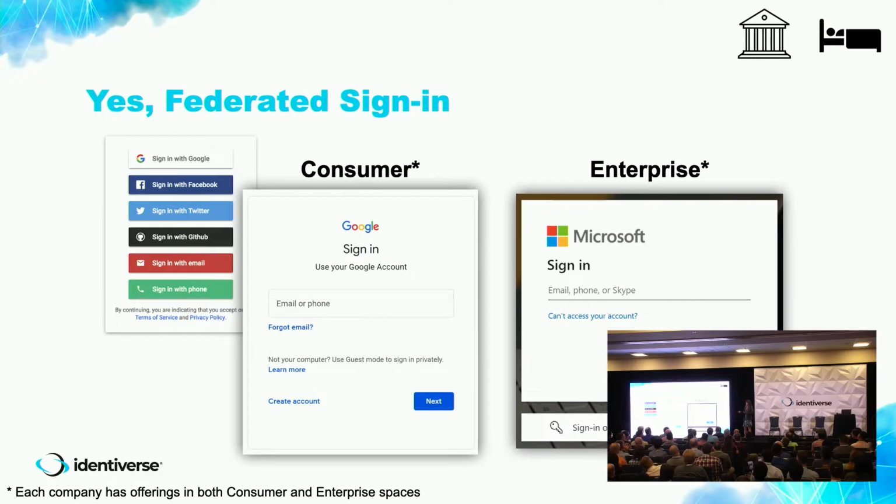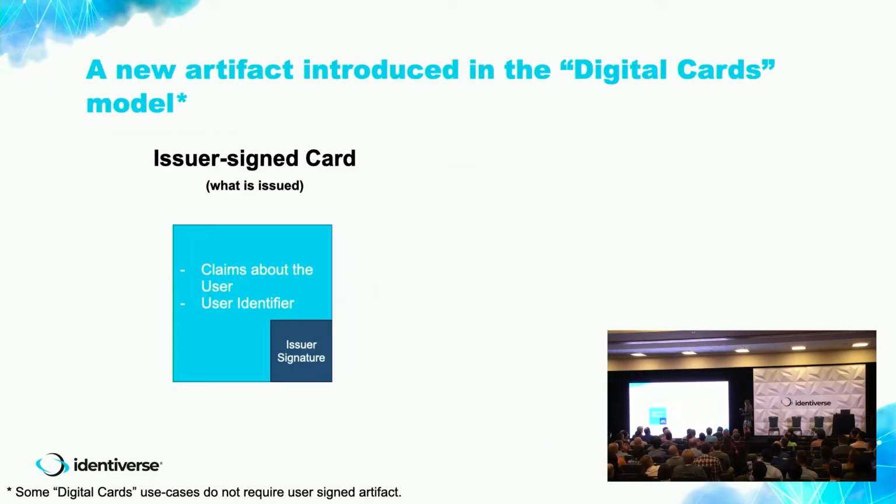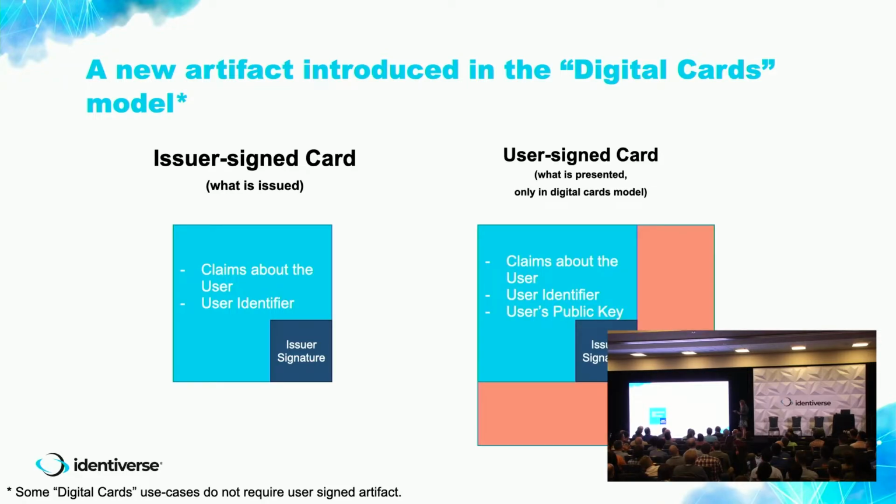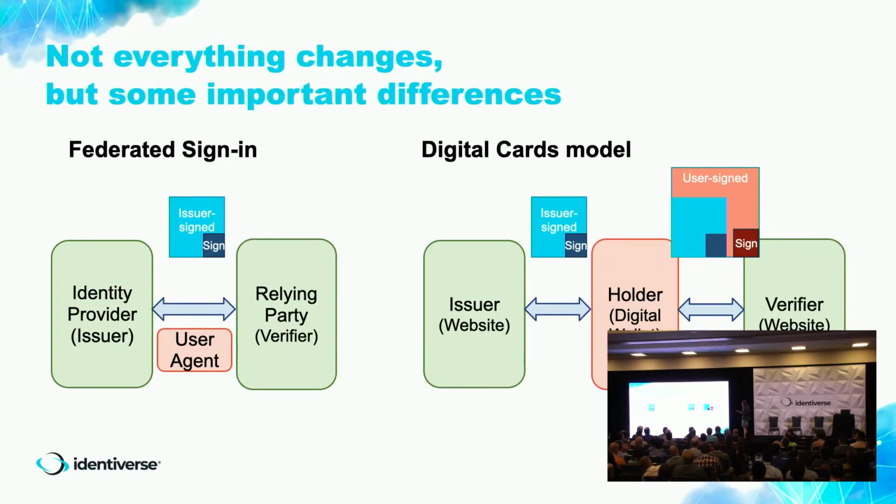So just to draw some differences. To realize that world where I can directly present this digital card to the hotel, we introduced some new artifacts. In those cases, there's this issuer-signed card, where an authoritative issuer attests that there's a claim about the user, and we can trust it if you trust that issuer. Well, if we want the user to present, we're introducing a new feature, a user signature, a user-signed card, so that when the user is presenting that card directly, the user, by signing over, can prove that they are the authoritative owner of that credential, of that card.